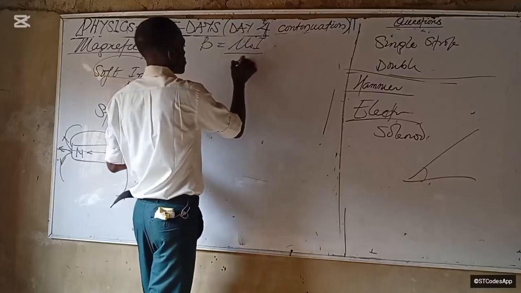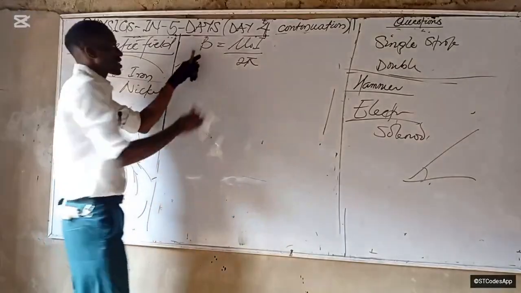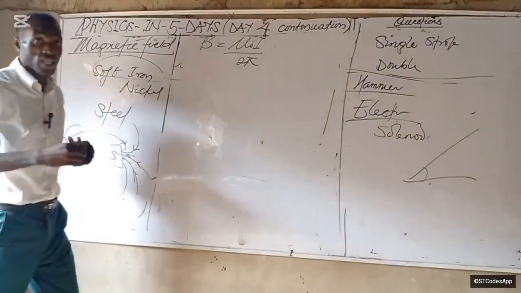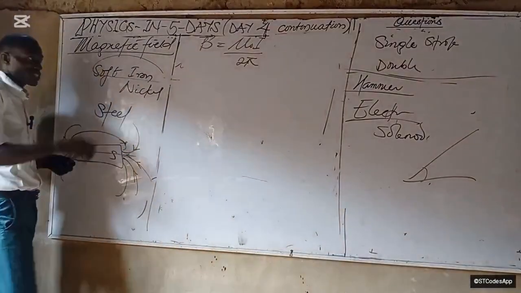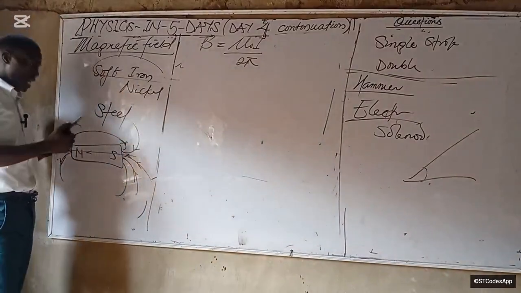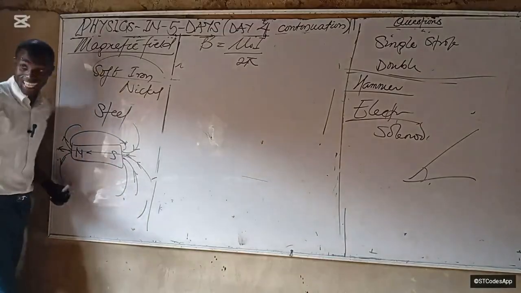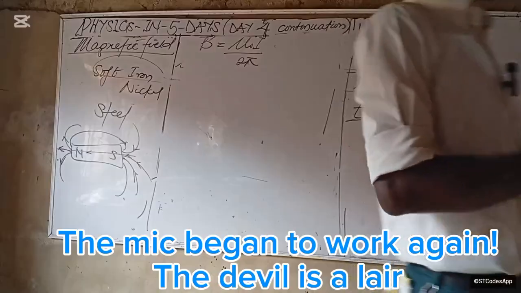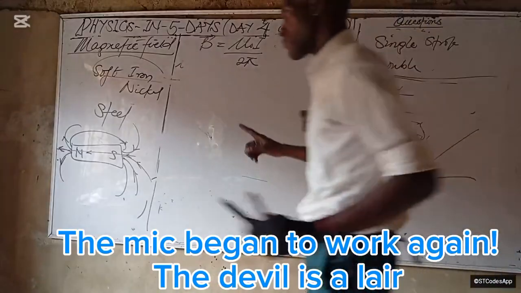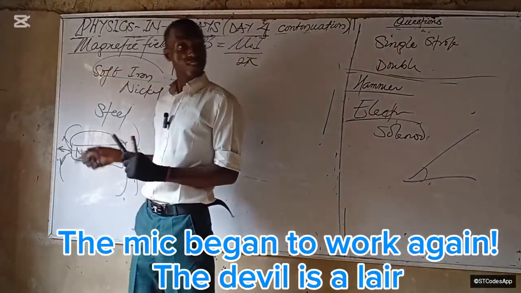So we have that vector B is also given by the formula mu naught I over 2 pi. Okay. So we also talked about the magnetic field. You are going to see that the lines are closest together near the magnet, and that point is going to be the point of the highest strength of the magnet. Okay, so